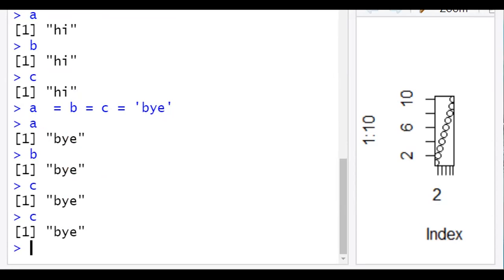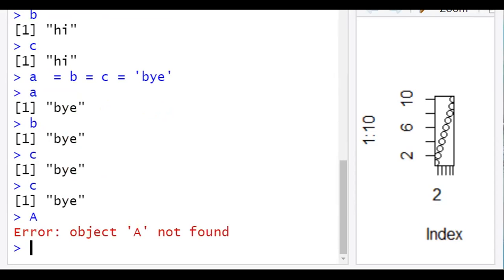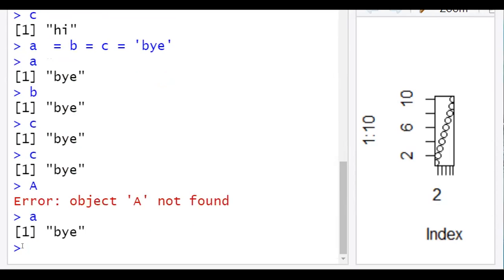Okay. So in this particular language, the variable names are case sensitive. You can see when I type capital A, it is throwing an error message, that the object A is not found. One thing you might observe in this error message is it is saying object A, which means in this particular R programming language, everything is an object. So these are about the mathematical operators which we can perform.